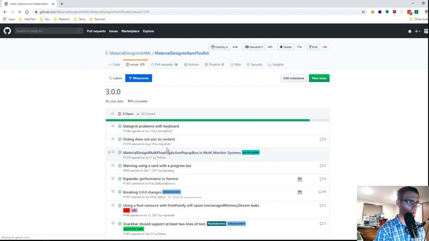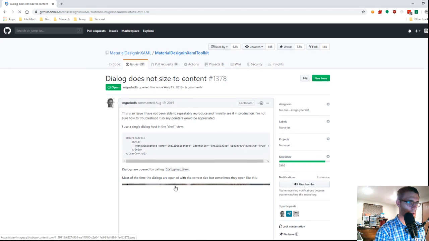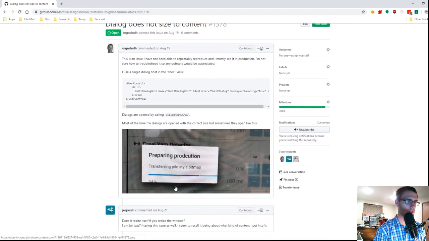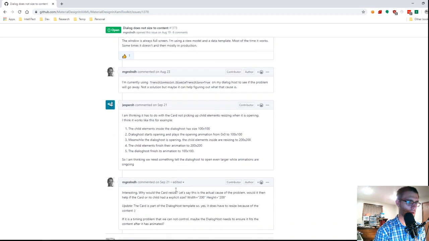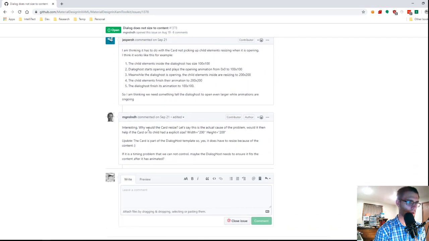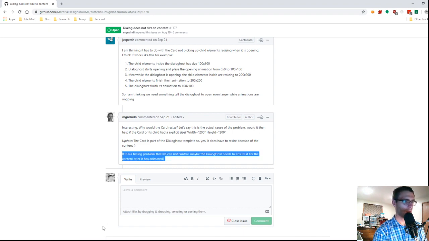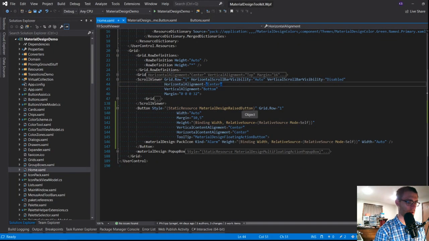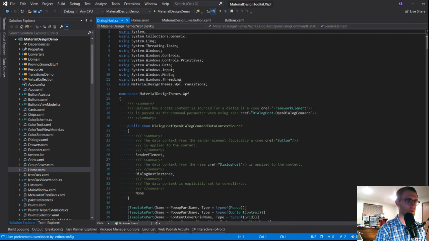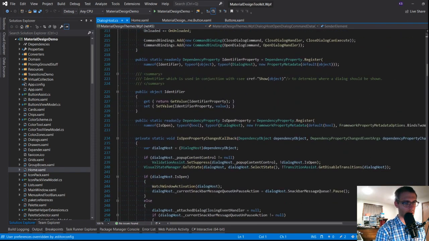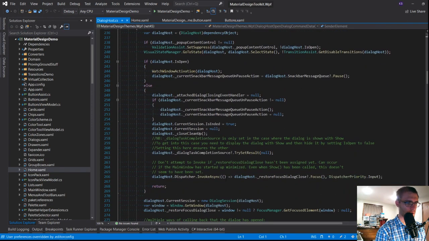Dialog does not size to content. Oh, right. This is another one. Let's see here. There was one comment I wanted to make because I was thinking about this the other day, and there is inside of the dialog host, so when a dialog is shown, it does all of this stuff.